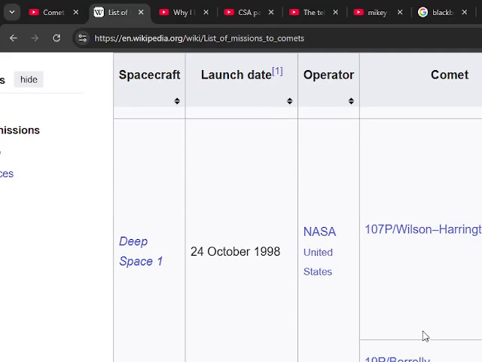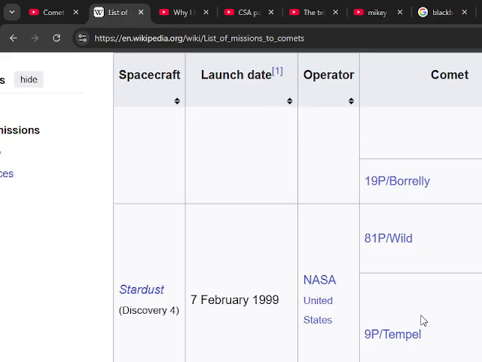And then you have Deep Space One. It says it was a spacecraft failure. They were trying a new ion engine. Ion engines, instead of spewing out chemicals, spew out particles like protons or electrons out the back, and use electric and magnetic fields to do this. I don't know if it had a twin ion engine or not. Maybe Star Wars fans will get that.